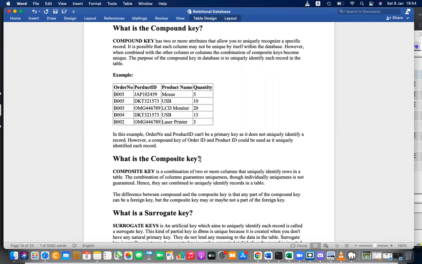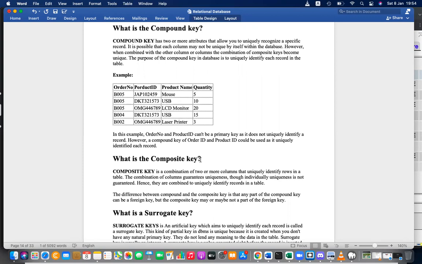Then you have to introduce a composite key. A composite key is 2 or more keys together. Minimum 2: a composite key should have a minimum of 2 keys. So 2 or more keys are selected as the primary key to identify a row uniquely.